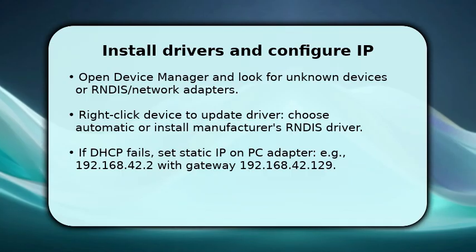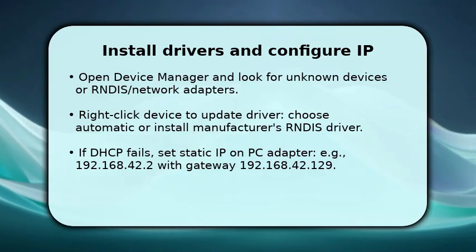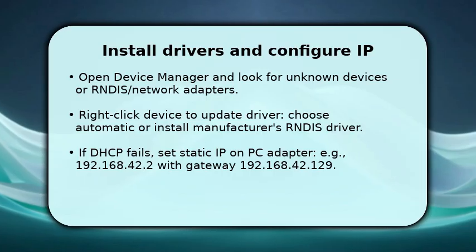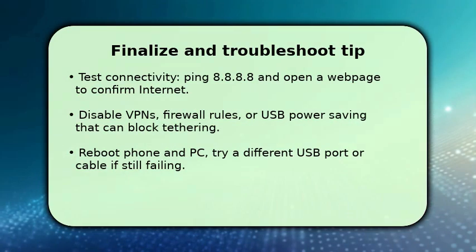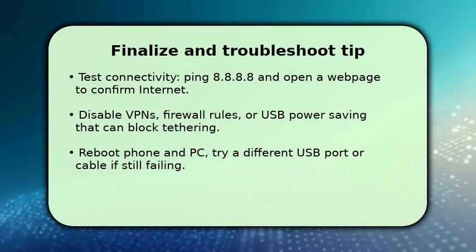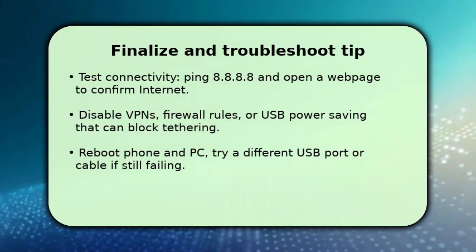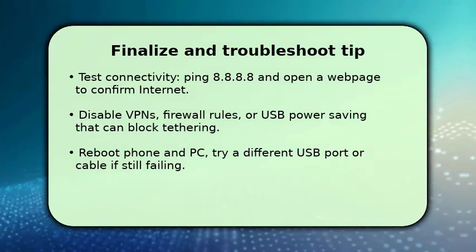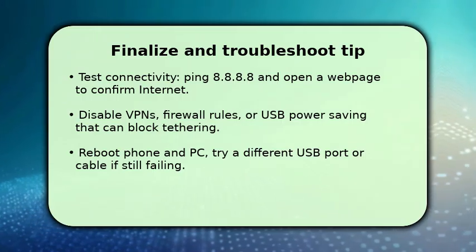Finish by verifying internet access and addressing common blocks. First, ping an external IP like 8.8.8.8 and load a web page. Successful responses confirm routing. If it fails, disable firewall rules or VPNs that might block the new adapter and turn